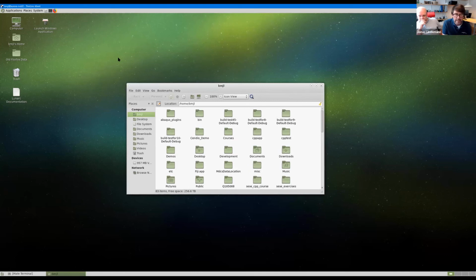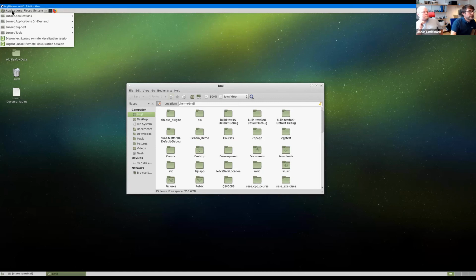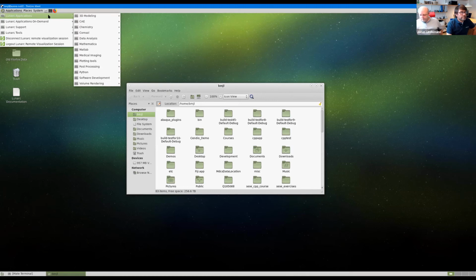So now you see the standard view that a user sees when he or she logs on to LUNARC, our HPC desktop. This is the good old standard ThinLinc desktop, very well working, very well performing. Using the desktop customizer, we added some custom flavor to the menus. This is changing all the time because users have new needs and we're changing these menus, but this is the current state where we have some different apps.